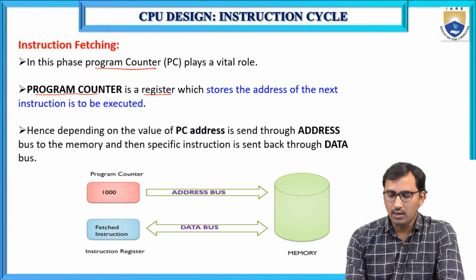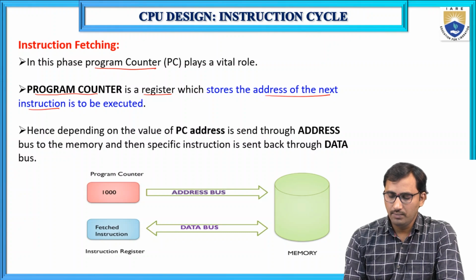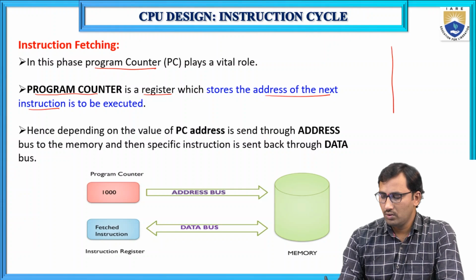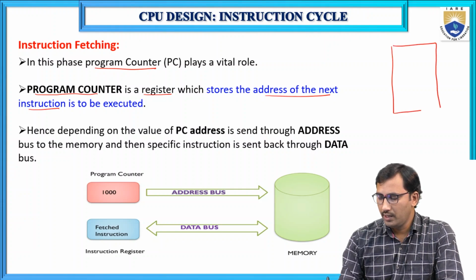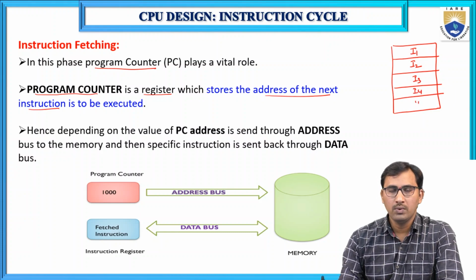So this program counter stores the address of the next instruction to be executed. That is the purpose of using the program counter. So if you have memory, in the first memory location we have instruction I1, then I2, instruction 3, instruction 4, and so on. Let us assume the first instruction is stored at address